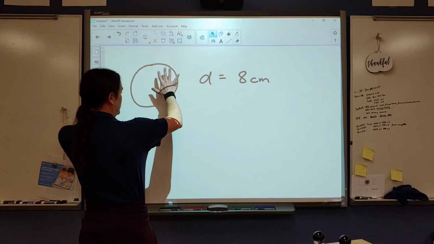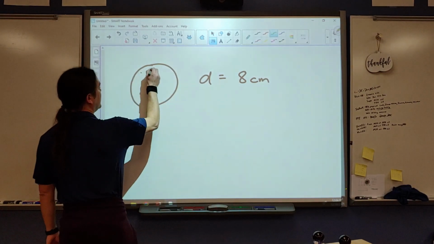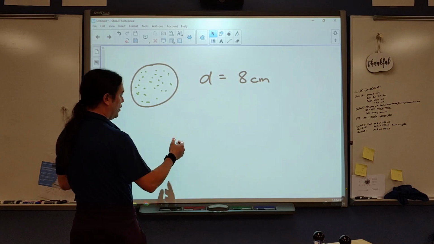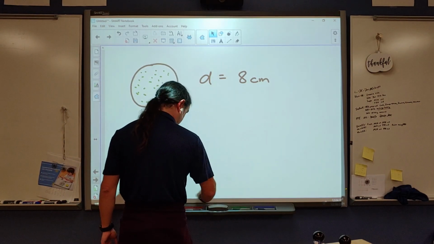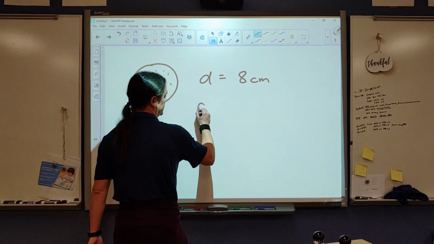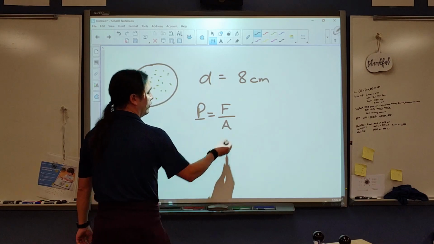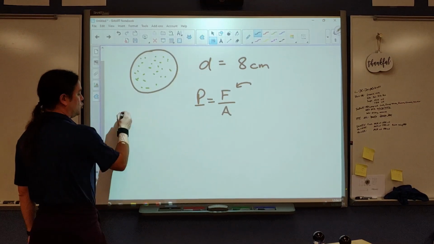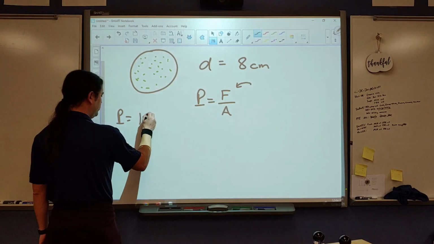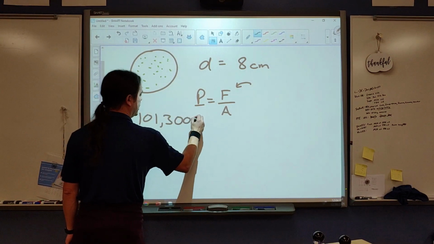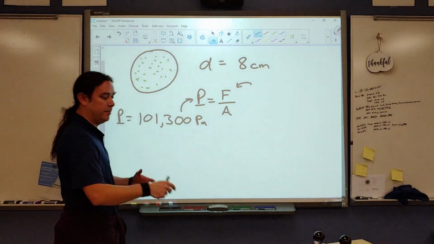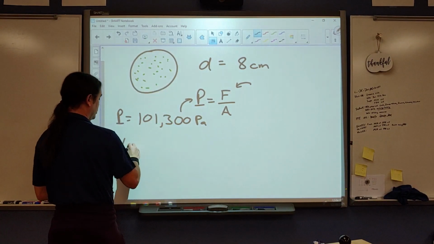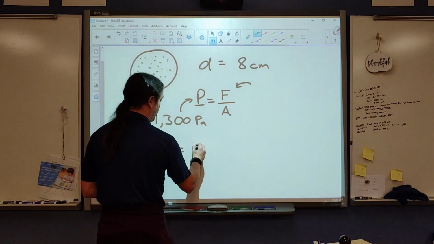Okay, so if this is the container, I've got air pushing down on the outside of this and none pushing back out from the inside of it. If I want to know the force that the air is applying on this, we know our equation looks like this. Pressure equals force divided by area. Well, if I want this, I'm going to need to fill in the other values. Well, this is air. While I didn't check the actual weather today, and we're not at sea level, we'll go ahead and say that we're at 101,300 pascals is our pressure, because we've got it exposed to atmosphere on this side. So we'll just use the standard atmospheric pressure for that. Our area, well, I've got a circle here, so the area is going to be equal to pi r squared. Well, that would be pi times